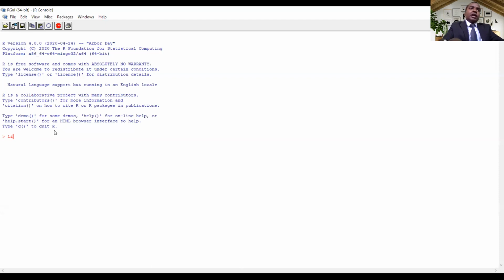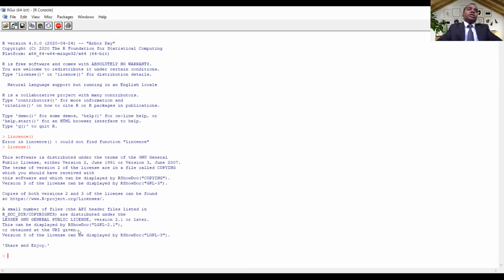You can type license to get information about the R license. Then you can go to demo function or citation to know about R packages and other publications.